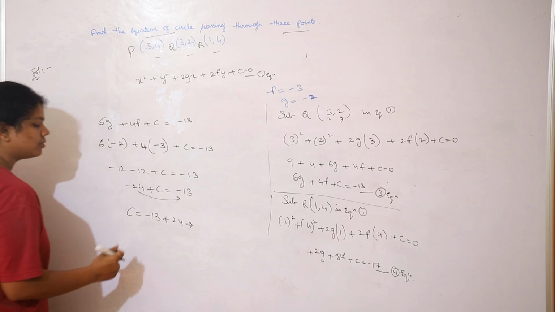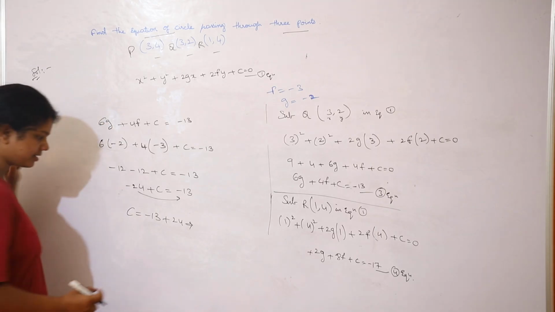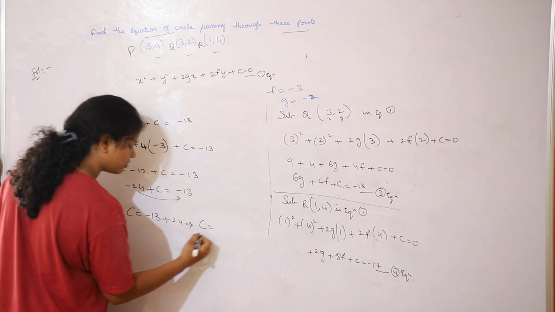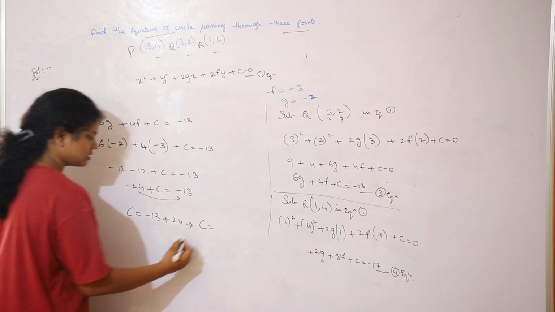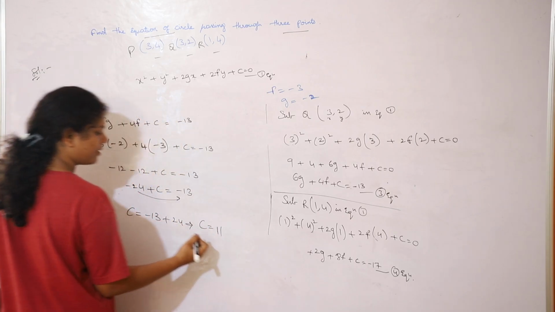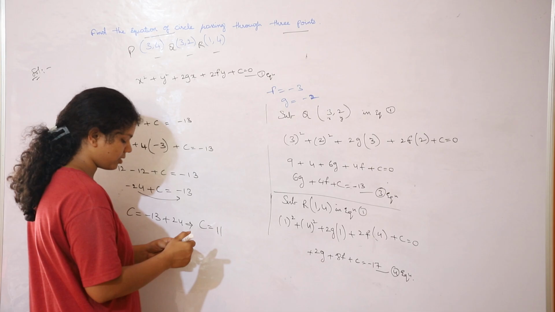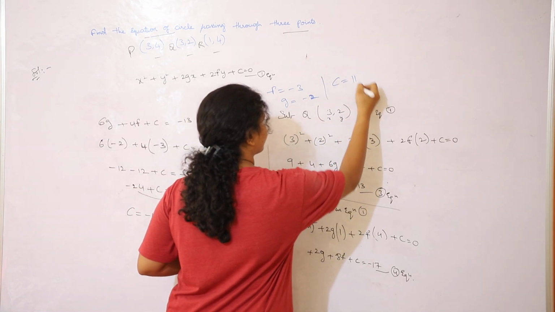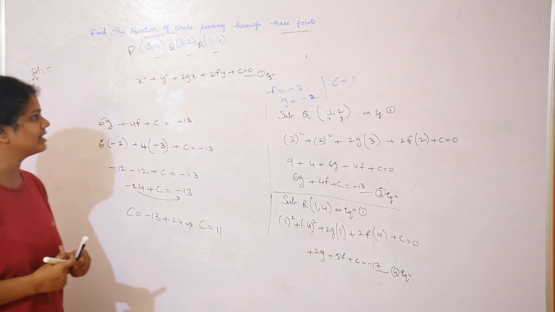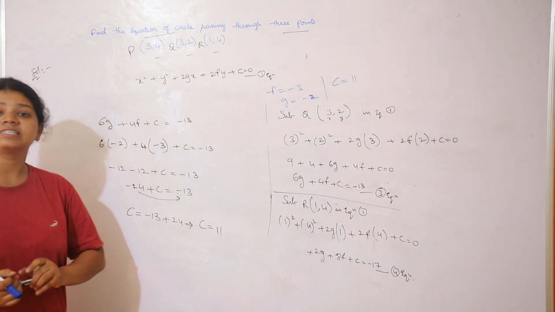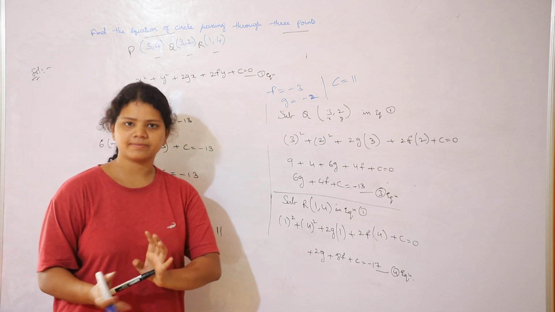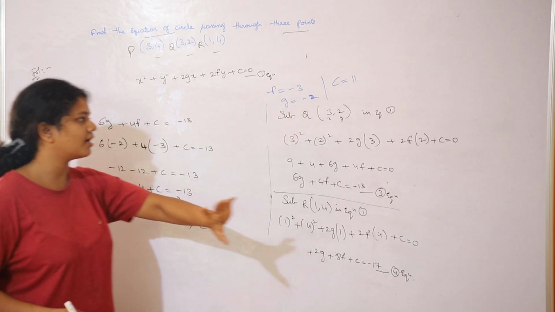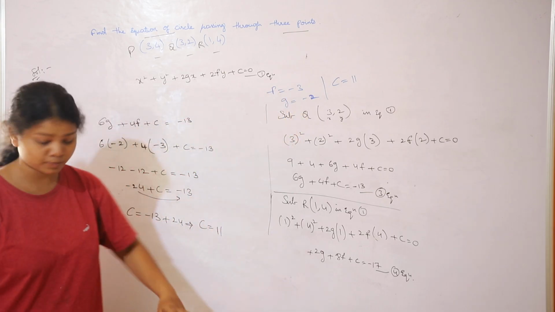Now 24 minus 13 is 11. So here the positive sign is for the biggest value, 24 minus 13 is 11, so plus 11. Clear? So c equals plus 11. I got the c value as positive 11. So f equals minus 3, g equals minus 2, c equals 11. These are the values, guys. I got the g value, f value, and c value, and we are done with 99.9% of this process.